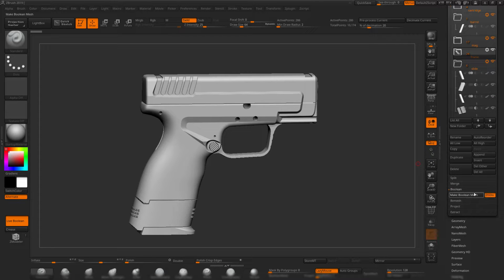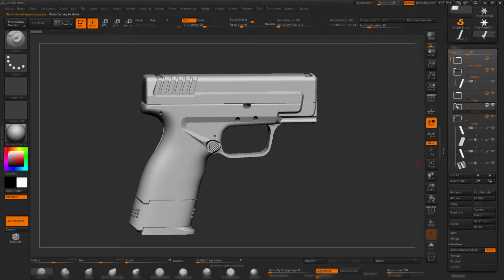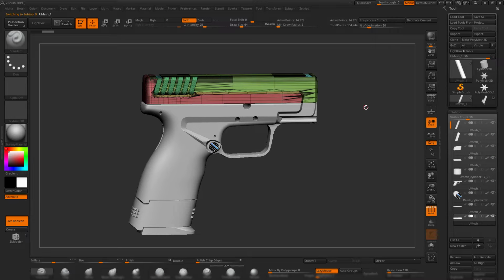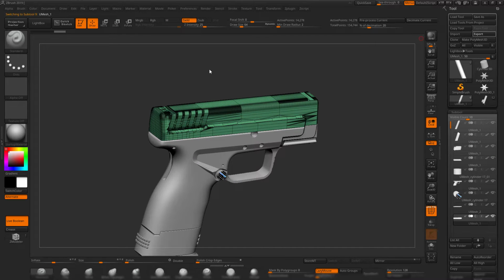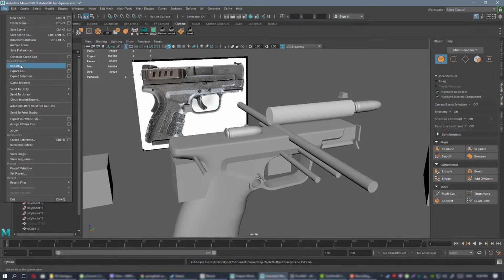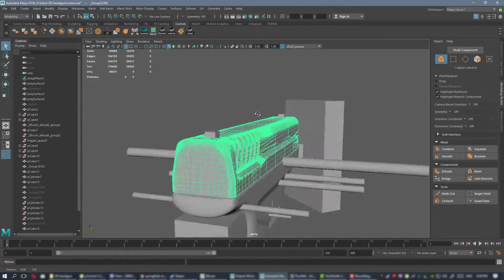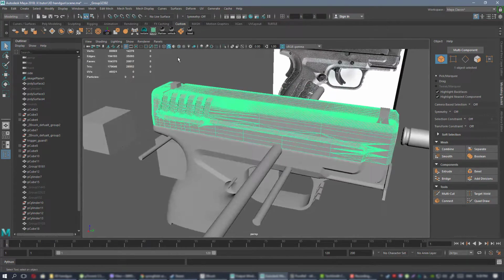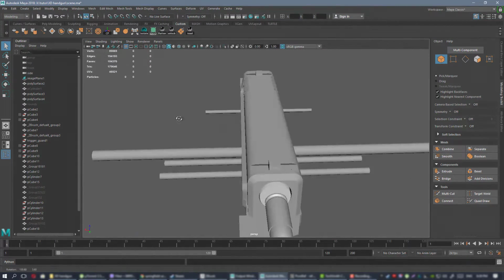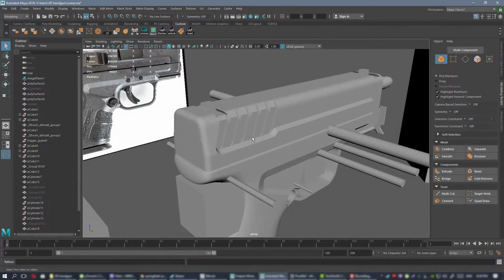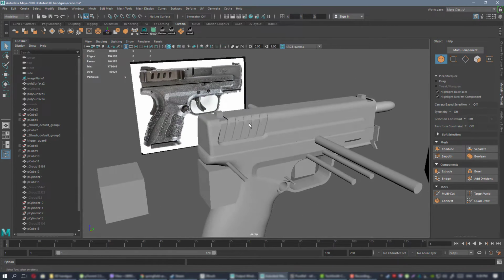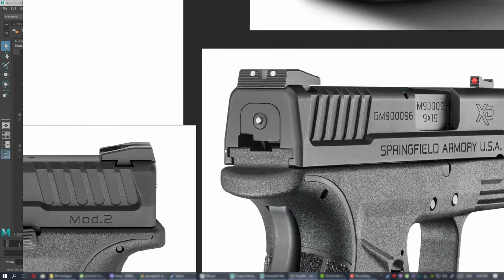So booleans, make boolean mesh, select the slide, Control W and export it. Yep. Okay, so now we have a modern representation of how it looks right now, and I can build up stuff upon this. So first of all, I should do those cuts for the frame to fit in,